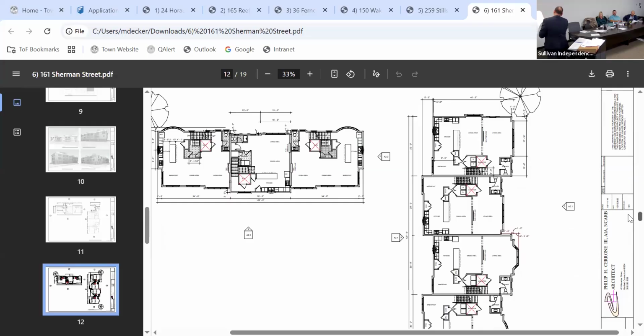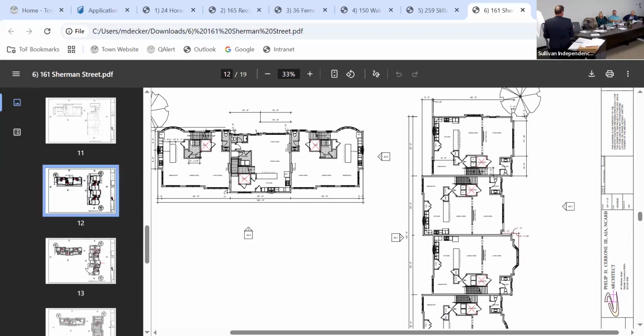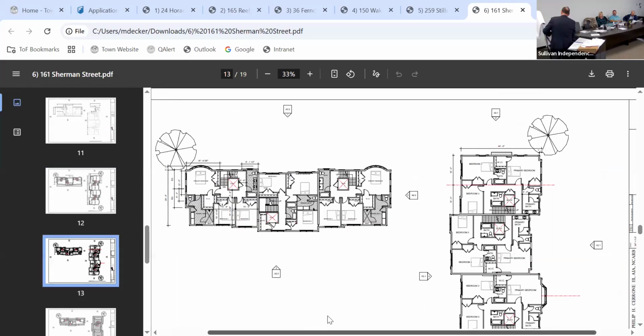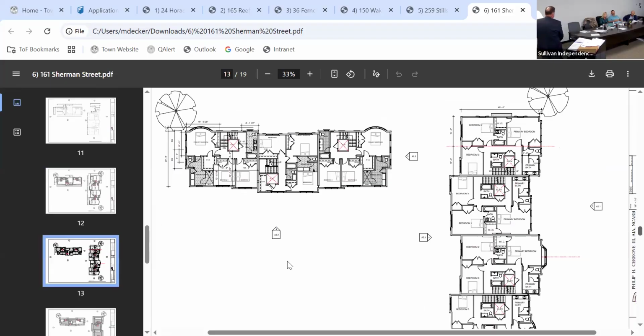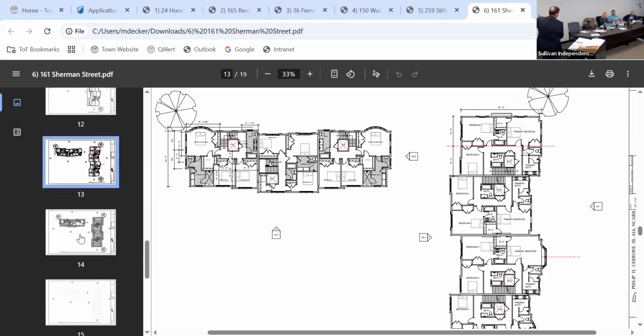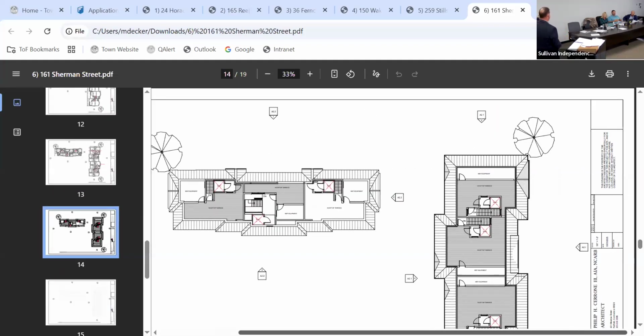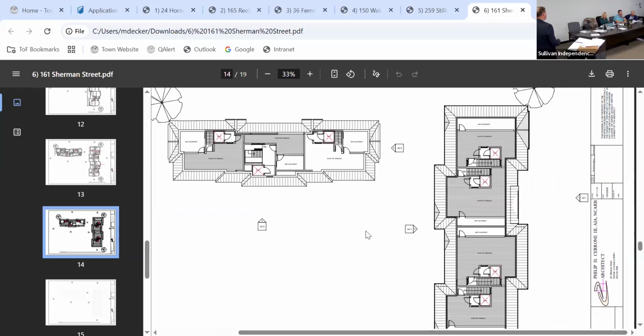The other thing is, because you have limited outdoor space, all the units have been designed with a rooftop terrace. An elevator will actually take you to the rooftop terrace. People can enjoy the views. One of the nice things about this area, Sherman Street, versus just to the north of us, is that you don't have a lot of high buildings. Therefore, it protects the residential components behind. They're not looking at a big building.